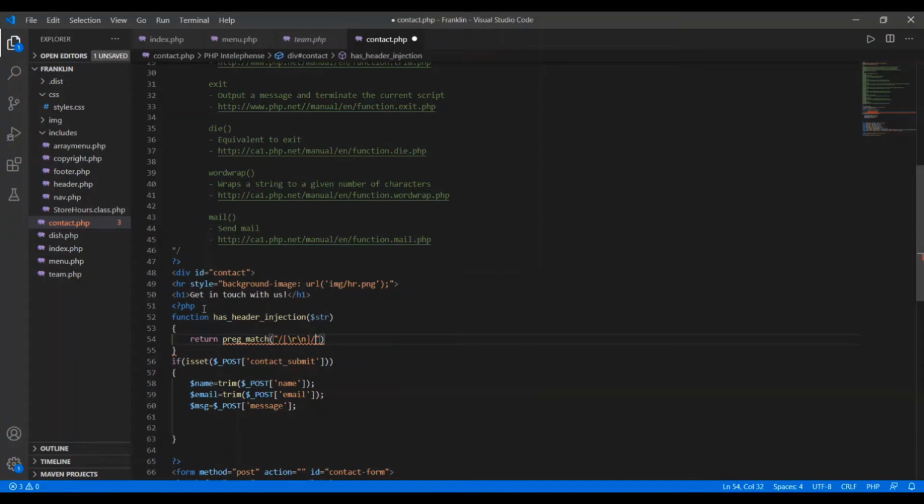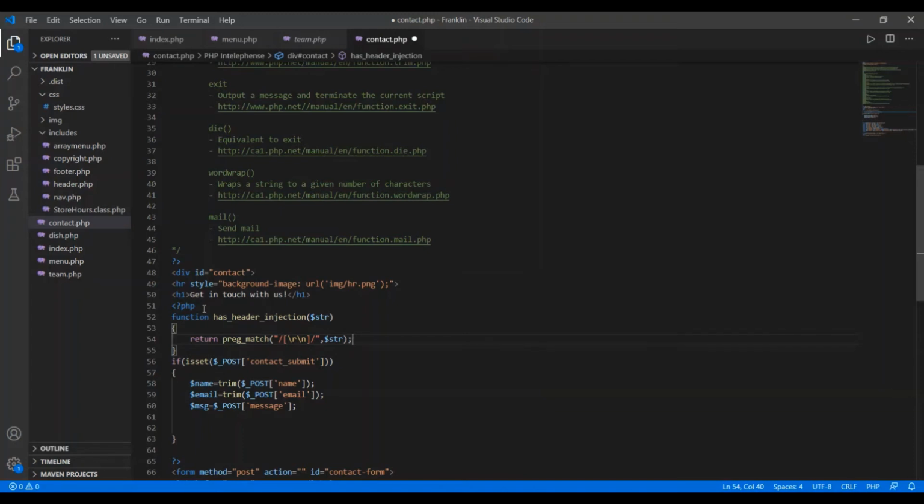Then here we go, close this, and to that I have to pass my second argument, that is variable str, then put the semicolon here. So this is where we have created this function, that is has_header_injection.